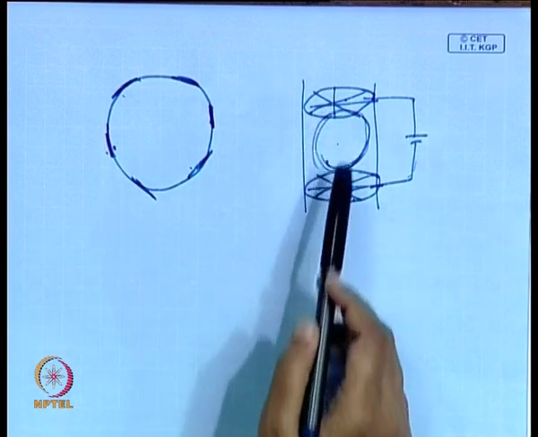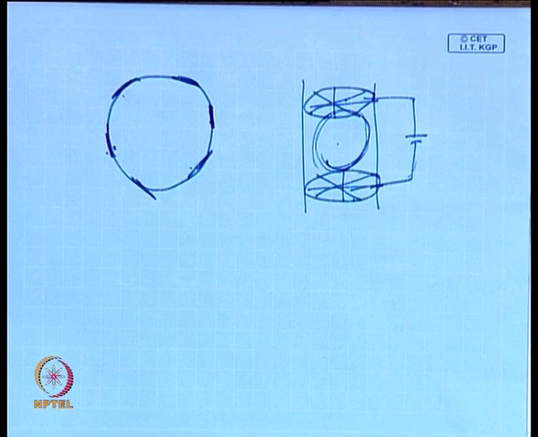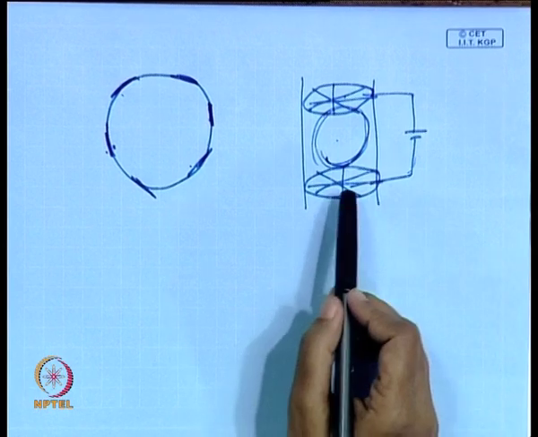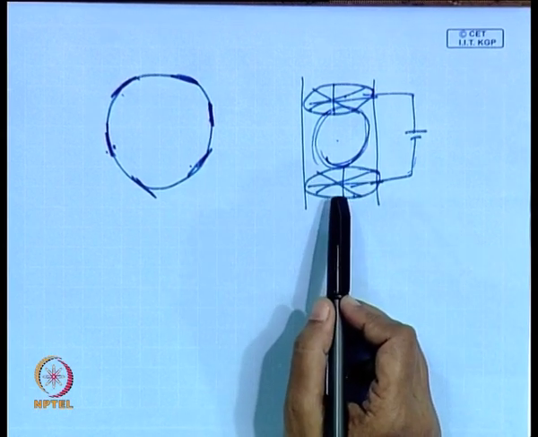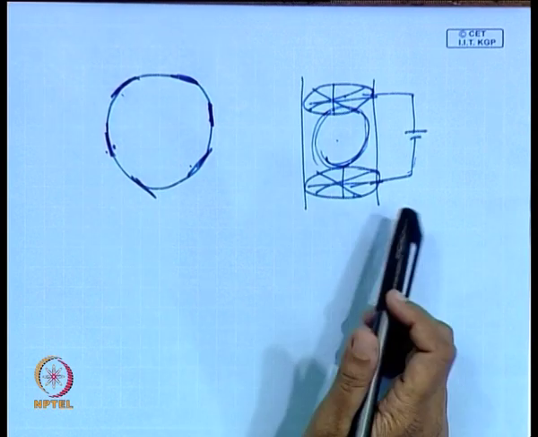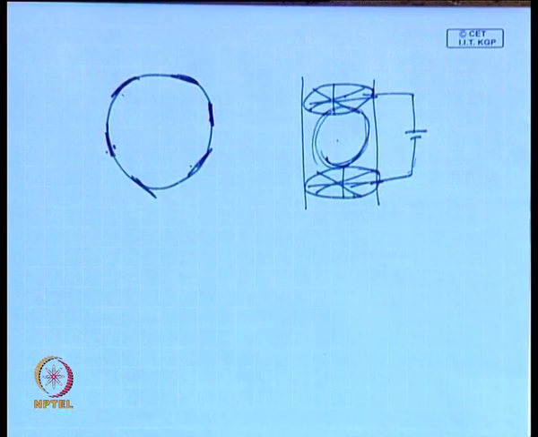But as you can see, this is very much intrusive. This obstructs the flow to a large extent. The obstruction can be minimized by making the wires very thin such that they disturb the flow to a minimum extent, but naturally any volume average method is going to obstruct the flow. We cannot help it, at least we do not have to stop the flow or do something in this particular case.